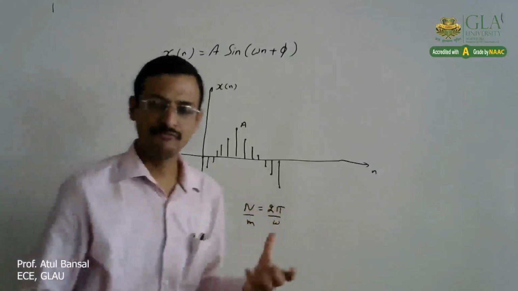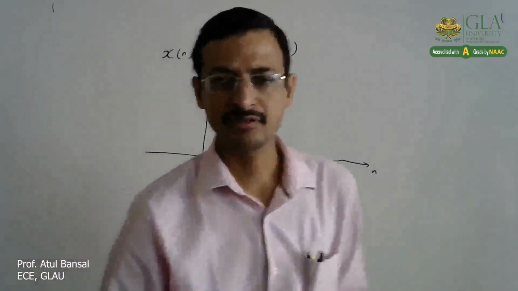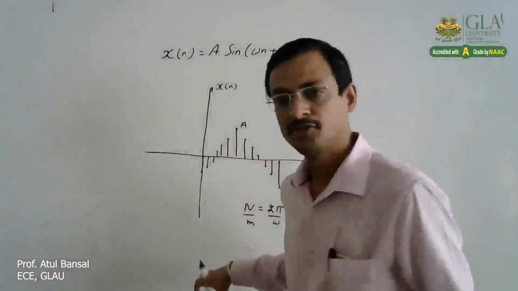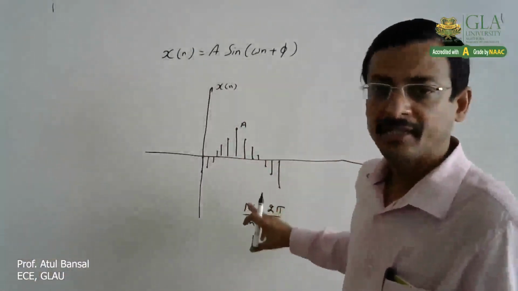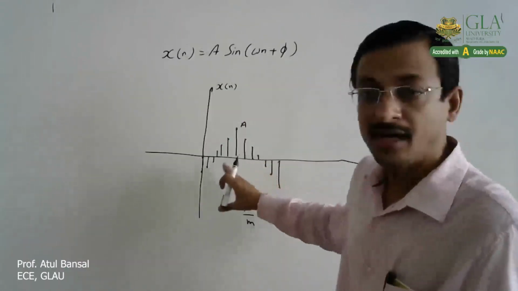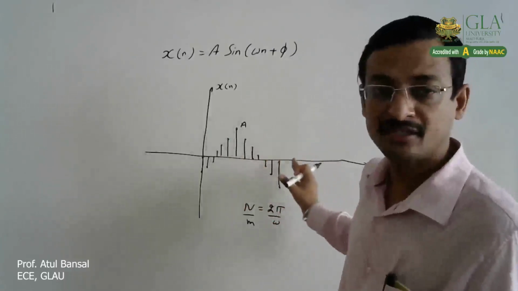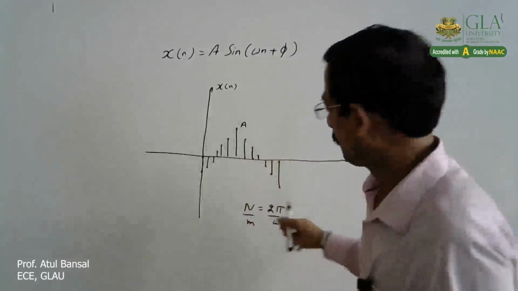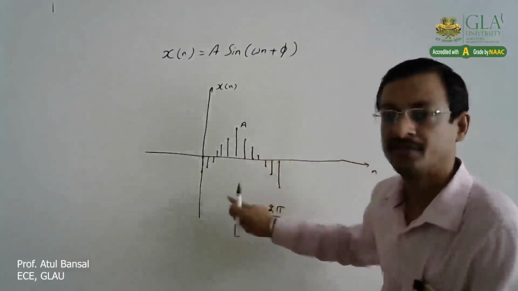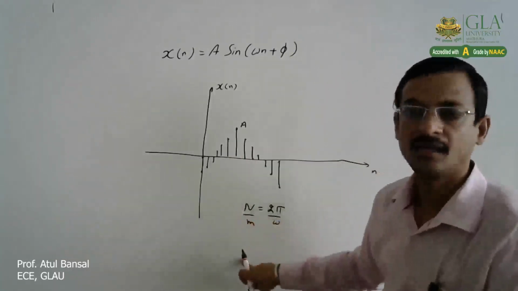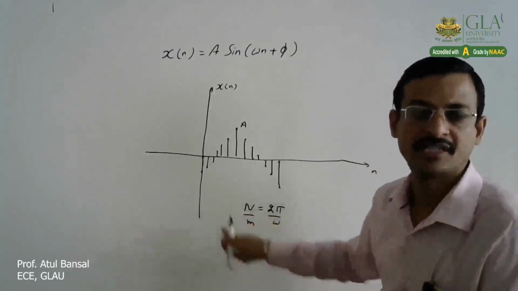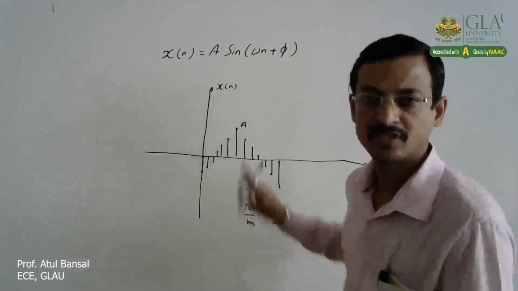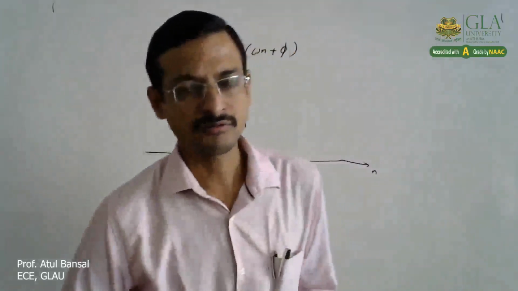We will be discussing periodic and non-periodic signals later. But here you should understand that in discrete time, when the signal repeats after some time, that instant also has to be discrete. It cannot be any continuous value. So for that, this condition should hold, that 2 pi by omega should be a ratio of two integers, that is, it should be a rational number. So this is a sinusoidal signal or function.